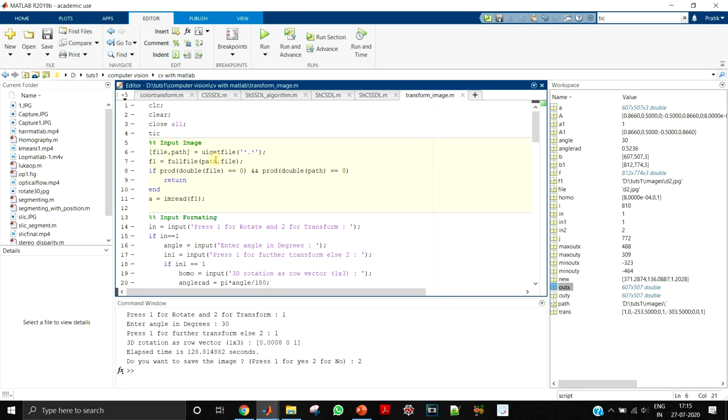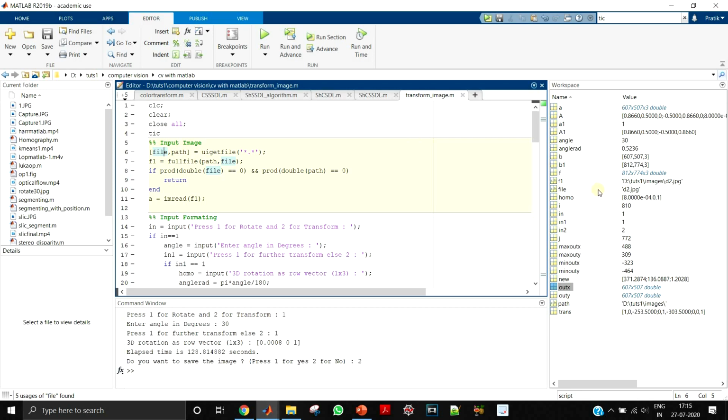So first I am taking the input image. To get the file browser we use uigetfile. This particular command opens the file browser, and it gives the path of the folder in the path variable, and the file name, the name of the image.